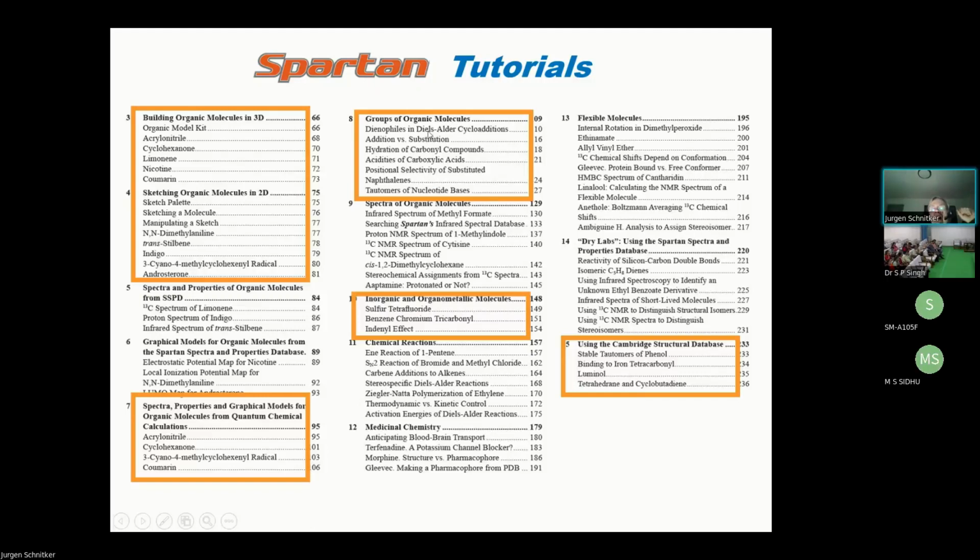These are PDF files. All these examples sound very organic, but even if you're not an organic chemist, you will just forget about the nomenclature and follow the instructions. They take you step by step, explain by working through examples, and familiarize the user with the power of the program.